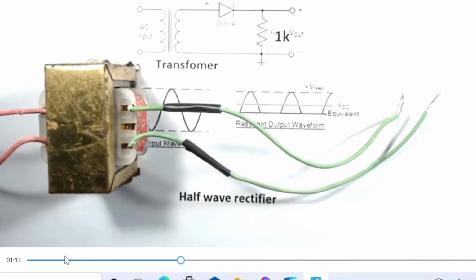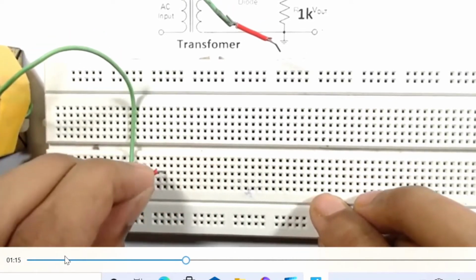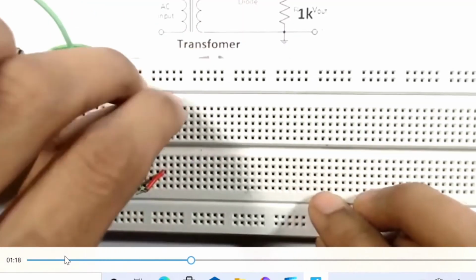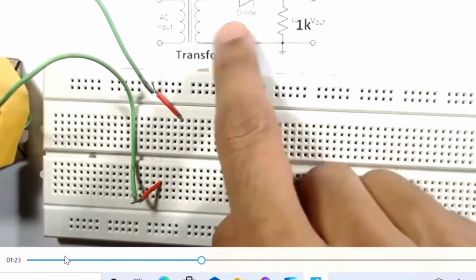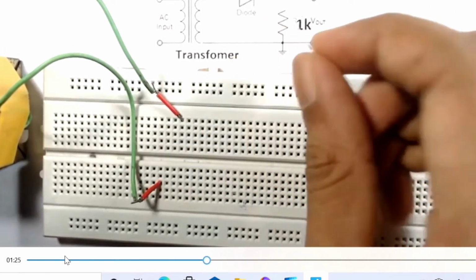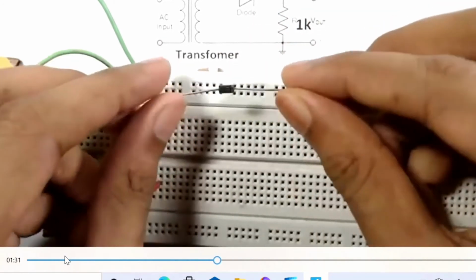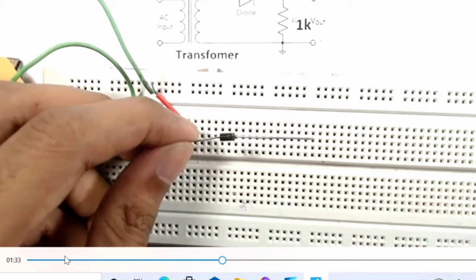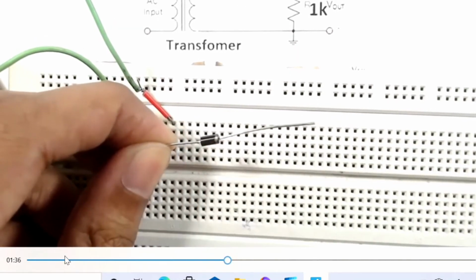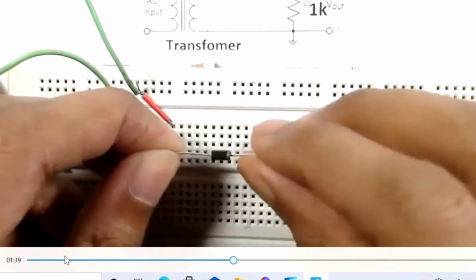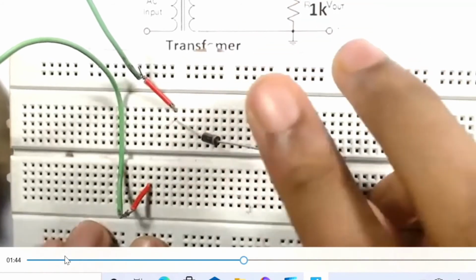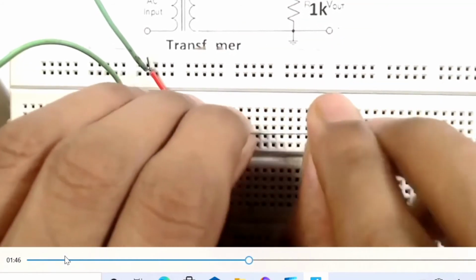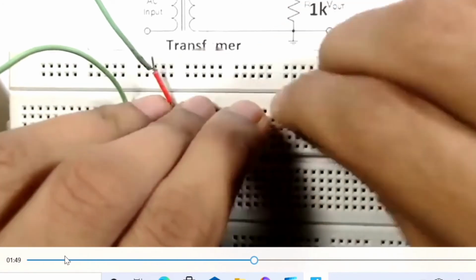See here we have a breadboard. Now connect to any one of the vertical strips, top side or bottom side. Here, a connection is given to the anode on the top side and to the negative on the bottom side. See here the metal strip, the white color side, is the cathode. Now the connection is given to the anode, and the rest is given to any one of the vertical strips.